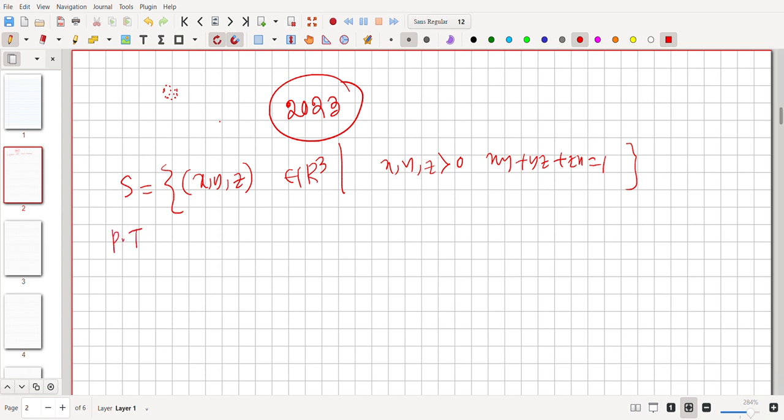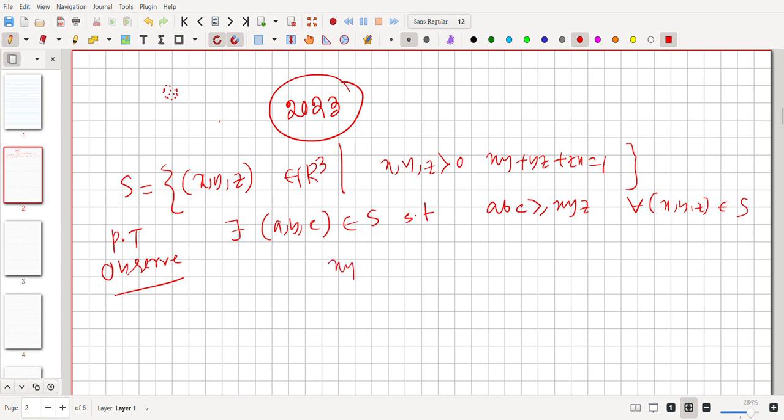Prove that there exists a triple (a, b, c) belonging to S such that abc is greater than or equal to xyz for all (x, y, z) in S. So observe,